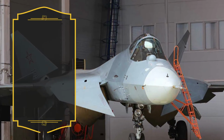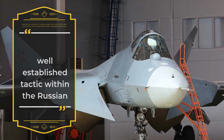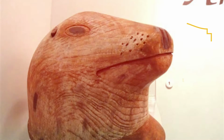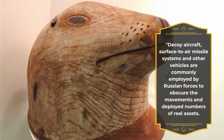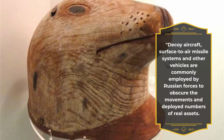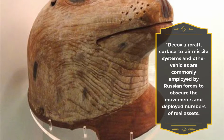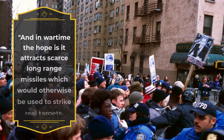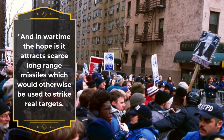Justin Bronk, a Russian air defense expert from RUSI, a think tank, told The Sun Online using highly realistic inflatable decoys was a well-established tactic within the Russian armed forces. "Decoy aircraft, surface-to-air missile systems and other vehicles are commonly employed by Russian forces to obscure the movements and deployed numbers of real assets. And in wartime the hope is it attracts scarce long-range missiles which would otherwise be used